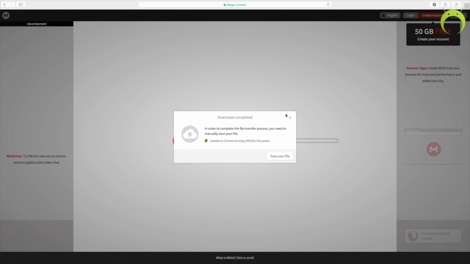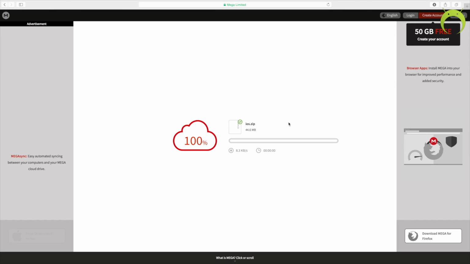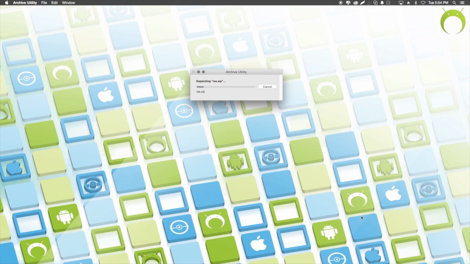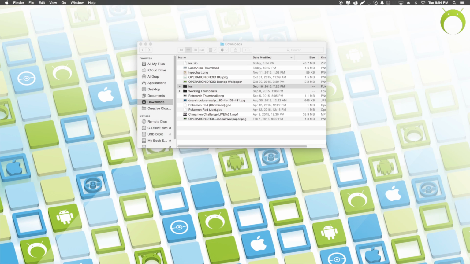Make sure that this iOS zip file is in your downloads, and then you're going to want to unzip the file if the Macintosh computer doesn't do it automatically for you. So go ahead and head to your downloads. You'll see that you have a zip file, and when you unzip it, it'll give you an iOS folder. Once you have the iOS folder, you can go ahead and delete the zip file because we won't be needing that anymore.